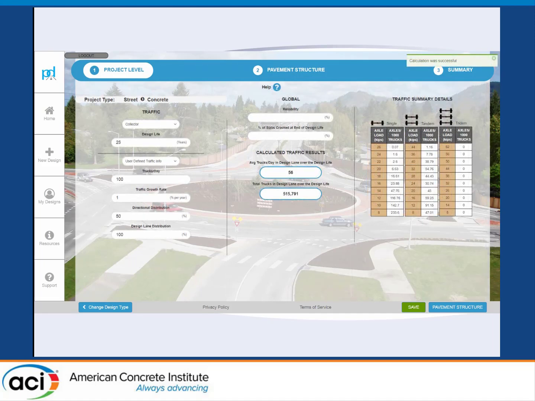And so that directional distribution and design lane distribution is basically saying 50% of our traffic may be going northbound, 50% southbound. The design lane distribution is if we have 2 lanes going in the same northbound direction, we may see a larger percentage being in the driving lane, a smaller percentage being the passing lane. So we also have our reliability